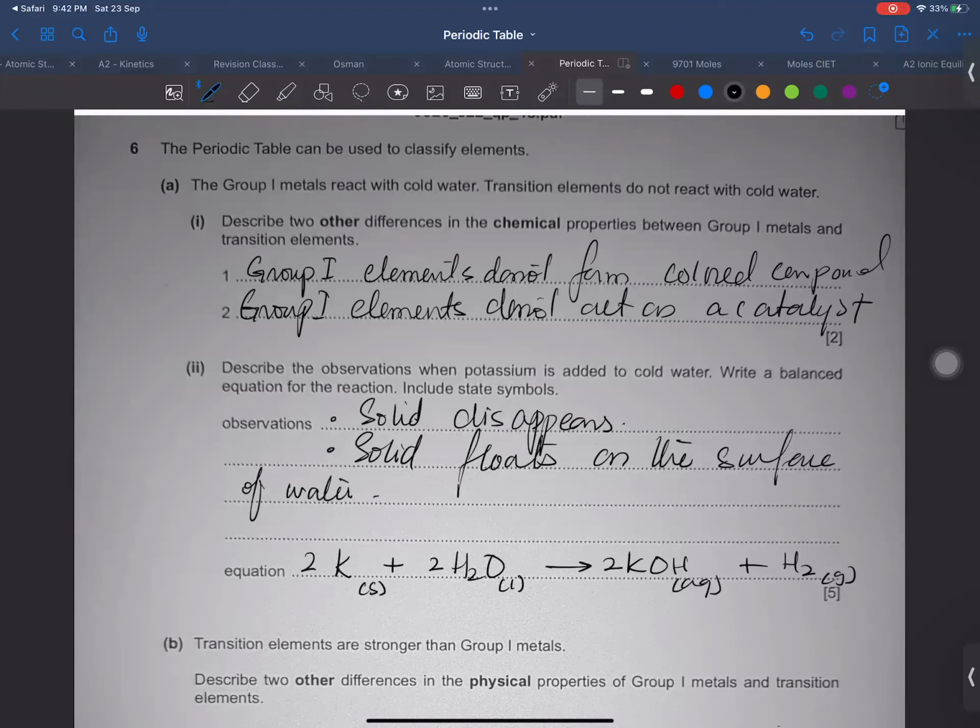hydroxide forms, you can say a colorless solution forms, or you can say that there is effervescence, right? We can say effervescence of a gas, or you can say fizzing, right? A gas fizzes. And if you want to name the gas, if you want to tell the examiner that this is hydrogen gas, I know it, then you can attach a test of hydrogen over here. You can say that a gas